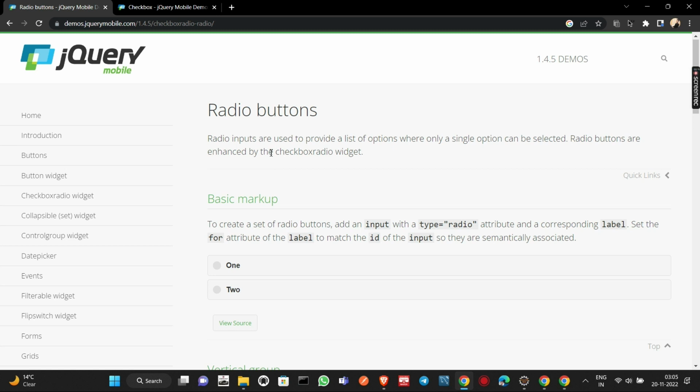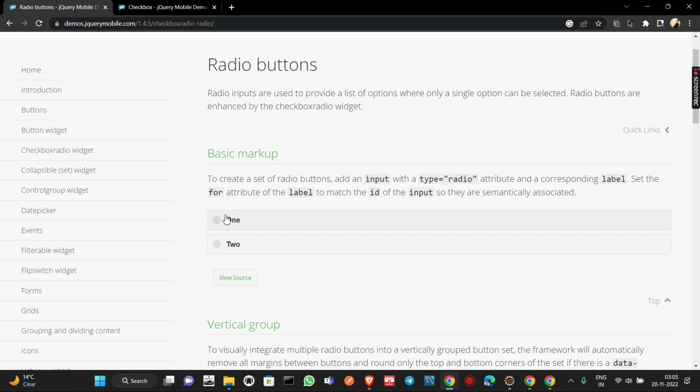So welcome back guys, and in this video we are going to see how to handle the radio buttons, or how to select and deselect the radio buttons. Okay, so radio buttons are nothing but these circular kind of buttons, and the speciality of radio button is that